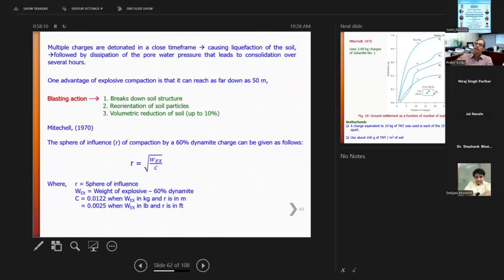So you can see that at the charge point, the water will come out because the pore pressure releases, followed by dissipation of the pore pressure, which leads to consolidation over several hours. So again, consolidation takes place. Advantage of